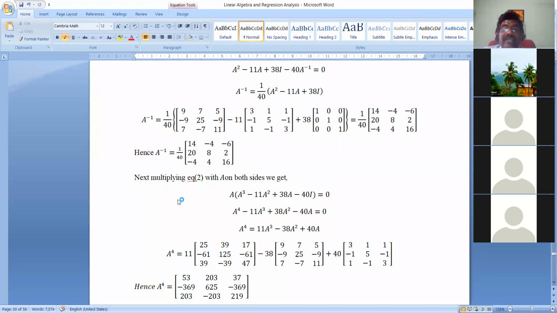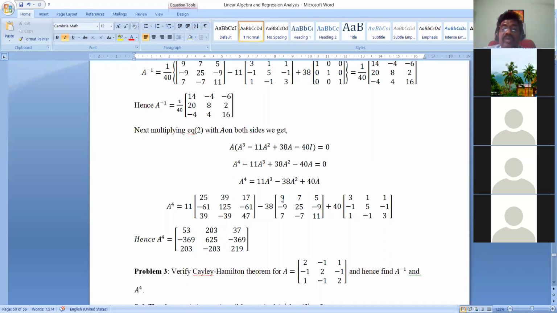Substituting A cube, A square and A values in this equation, we get A power 4 equal to 11 into A cube minus 38 into A square plus 40 into A. After simplifying these values, we get A power 4 equal to